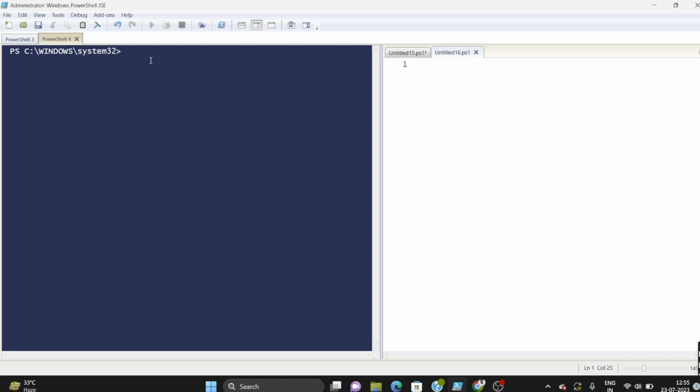Write-Host takes an input from the user. For example, I will give here hello world. If I enter, now you can see it is written. So this function is a built-in function, but if you want to create your own function,